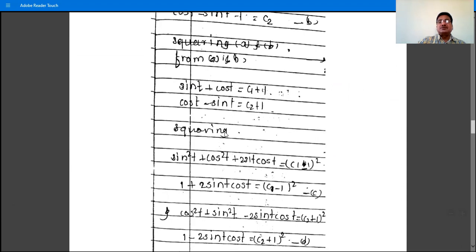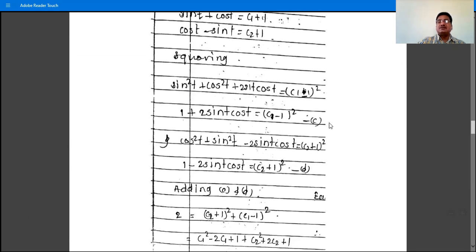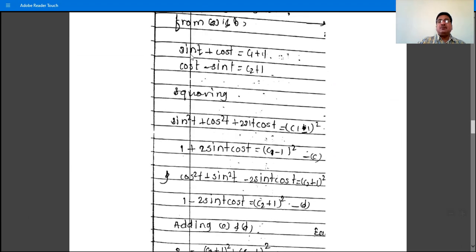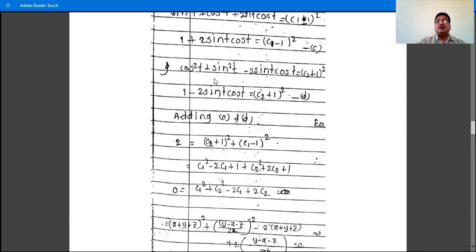So squaring these equations, what we have? Square of this is what? Sin square t plus cos square t plus 2 times sin t cos t is equal to (c1 minus 1) bracket square. That is, sin square t plus cos square t is 1, and 1 plus 2 sin t cos t is equal to (c1 minus 1) bracket square, as suppose equation number c. And the squaring of this other equation is what? Cos square t plus sin square t minus 2 times sin t cos t is equal to (c2 plus 1) bracket square, and sin square t plus cos square t is 1. So 1 minus 2 sin t cos t is equal to (c2 plus 1) bracket square, suppose this is